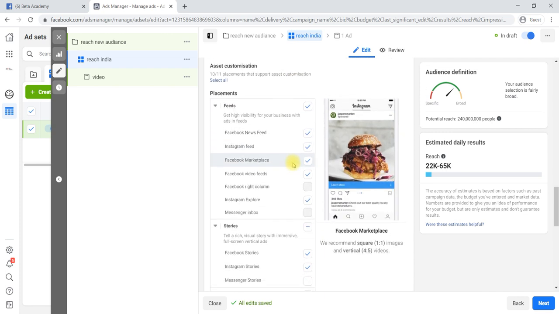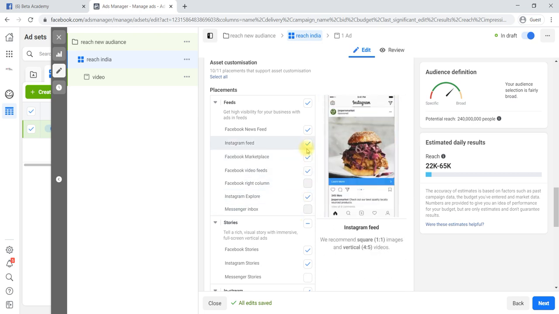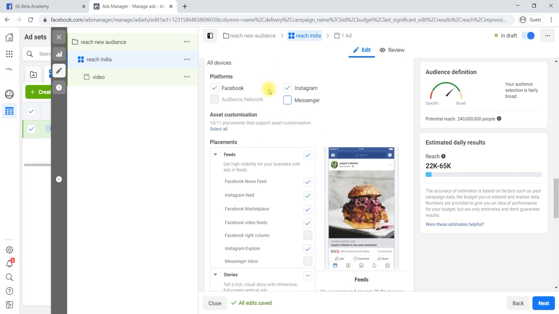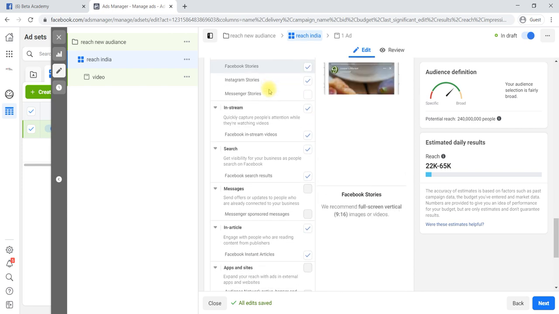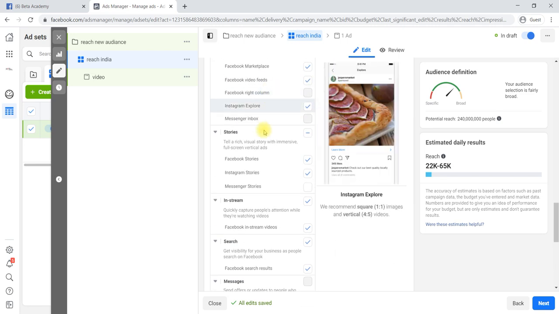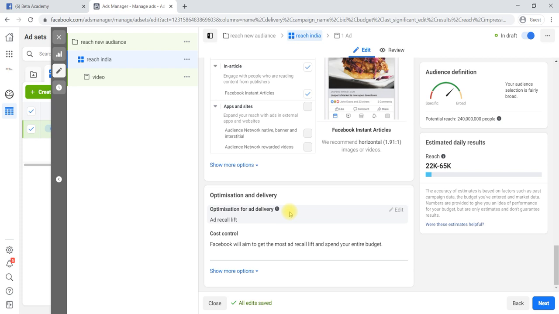Within that, if you don't want to select everywhere, then you can select those places where you would like to place your ad most of the time. Then if you don't want to place in stories, like this we can unselect wherever you don't want to place. All edits are saved. Then go to next.